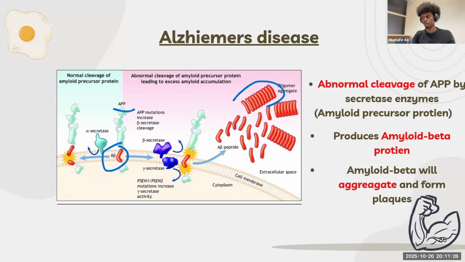So again, to repeat one more time, there's this enzyme called secretase. In Alzheimer's disease, this secretase breaks down this APP abnormally. Because it breaks it down abnormally, this amyloid beta protein right here is released. This amyloid beta protein loves to stick to other amyloid beta proteins, and it forms these big aggregates, or big chunks of protein, and they become toxic to the cell, and they form things like amyloid plaques. Okay, did that make sense?